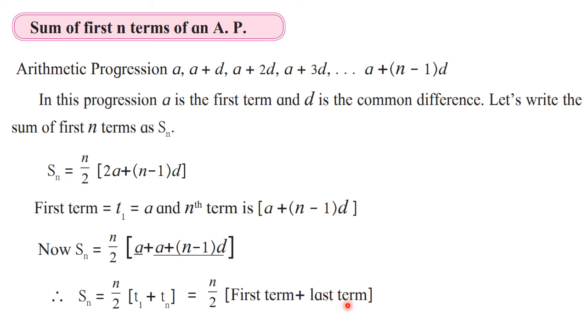So write down these formulas in your notebook. This is first one. Sn is equal to n upon 2 2a plus n minus 1 outside the bracket D. So now these two formulas are very much similar. See, this part is similar, but here you have a, here you have 2a, and outside the bracket you have n upon 2 for Sn.